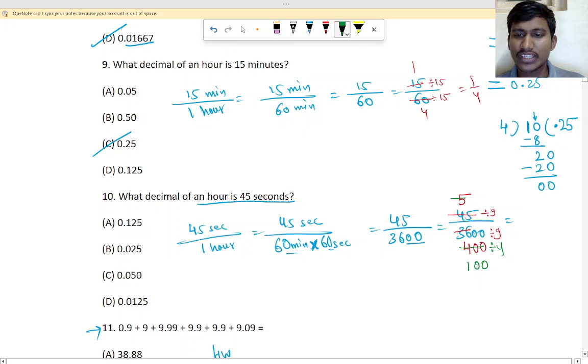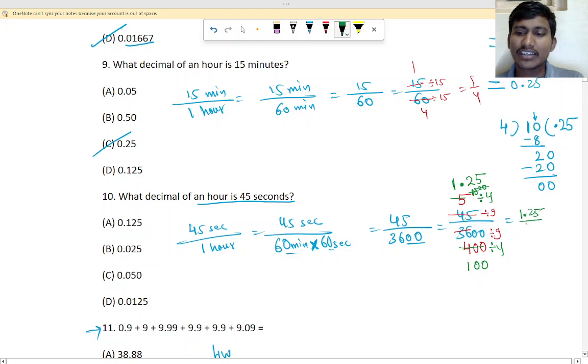Now we will divide by 4 here also. 4 1s are 4. Now how much will be remaining? 1 will be remaining. 1 is smaller. If it is smaller, what do we have to do? We should take the point. So it will be 10 now. 4 2s are 8. So again 2 will be remaining. We can take 20. 4 how many is 20? 4 5s are 20. So what is the answer here?